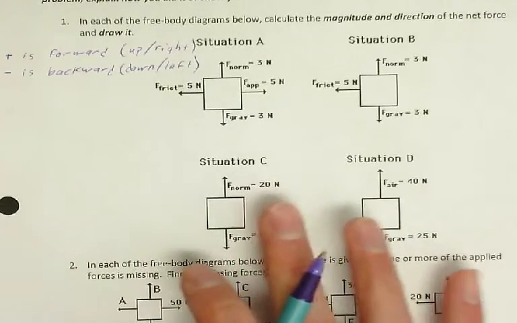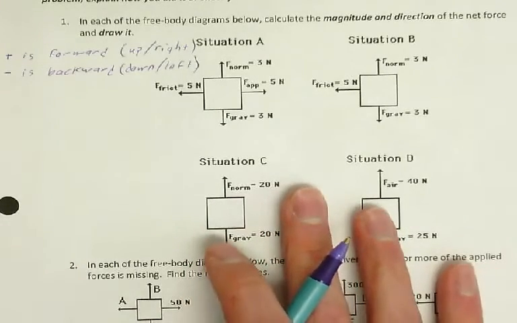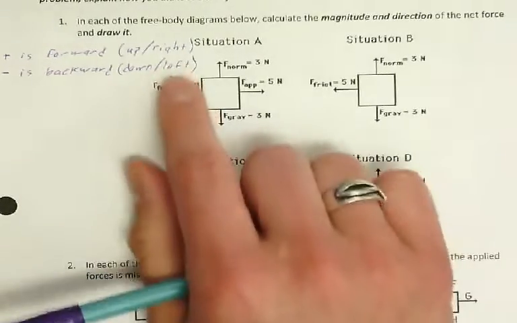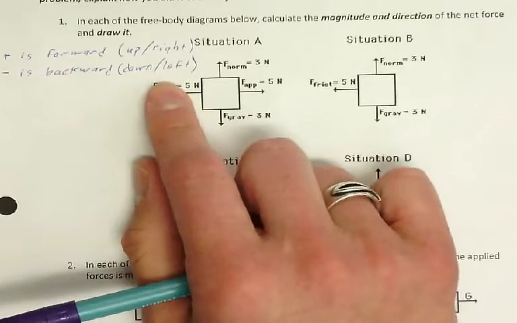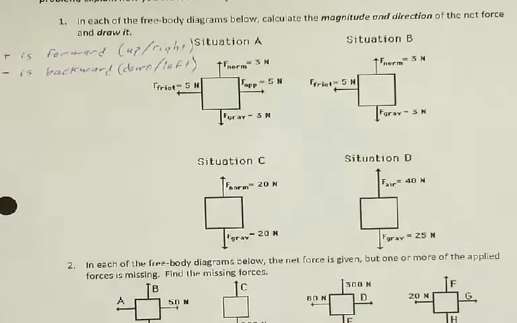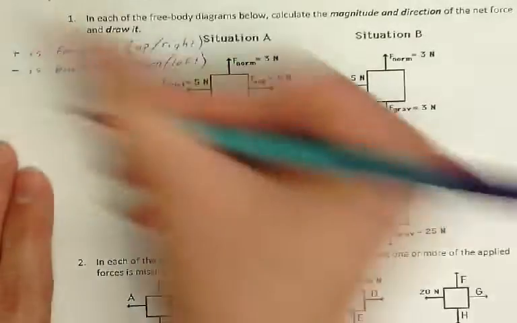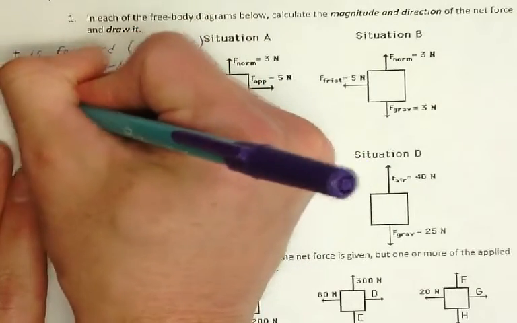So first thing to keep in mind is that forward is positive, backwards is negative. Up and right is what we think of as forwards, down and left is what we think of as backwards. Okay? Second thing that we need to keep in mind is the way to find net force